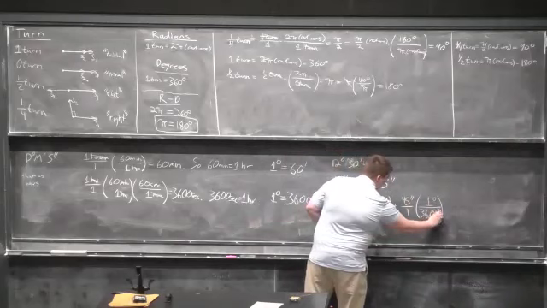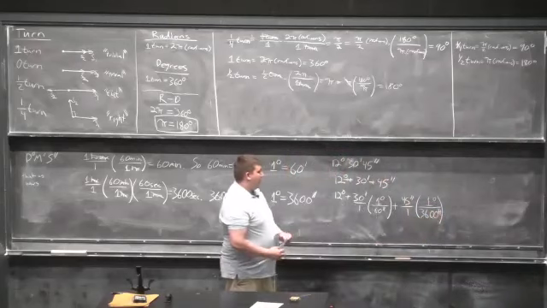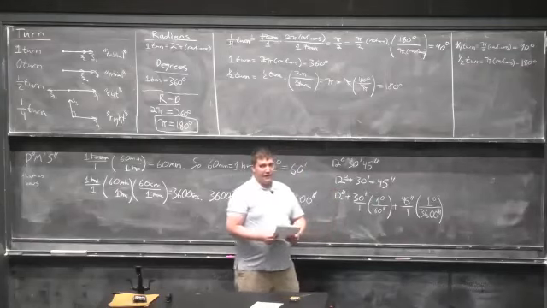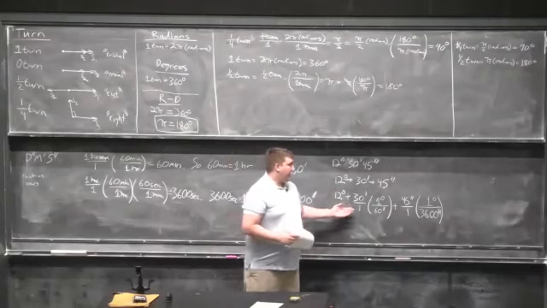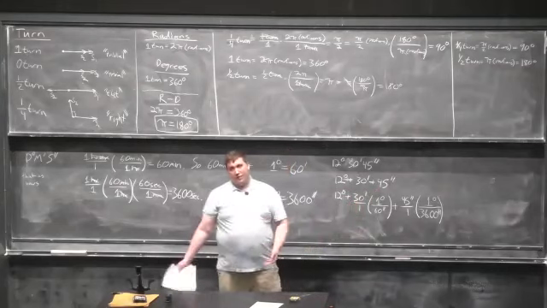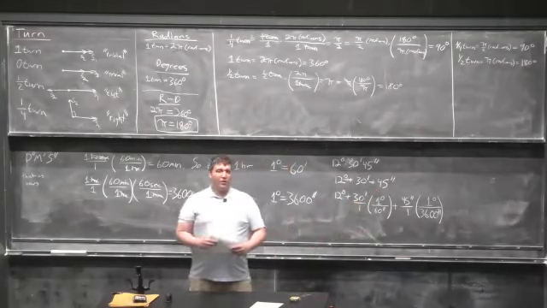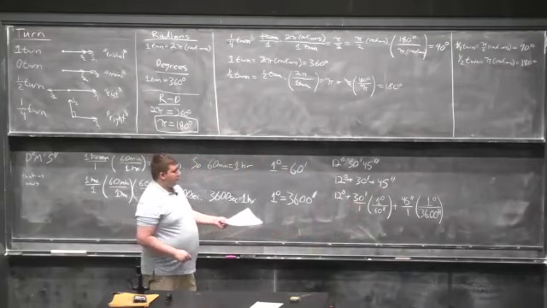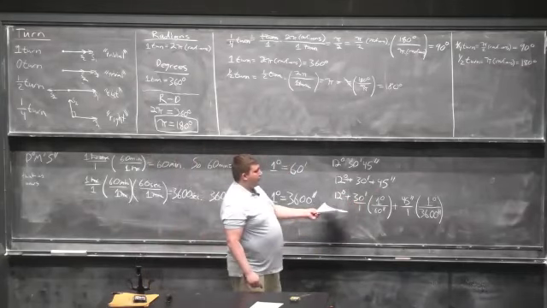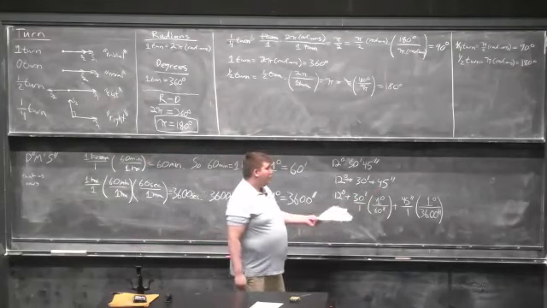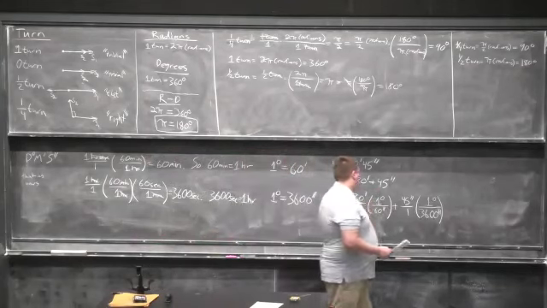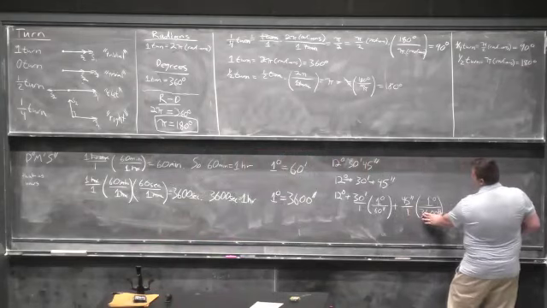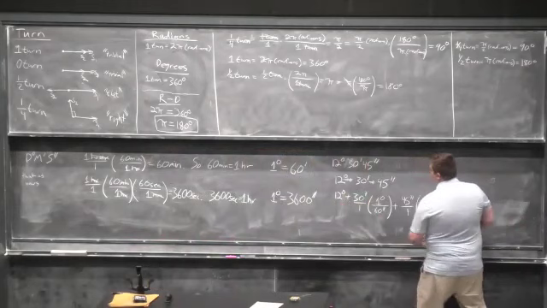Seconds cancel, and we can add these fractions together by making a common denominator and solving it from there. Now, a generalized step is that we can jump straight to this common denominator. But let's see what we do here. So with this common denominator,